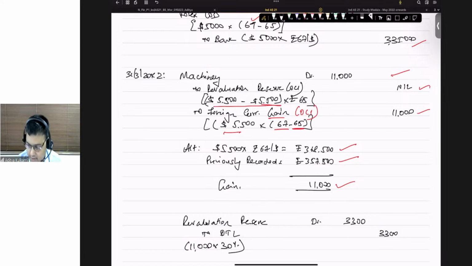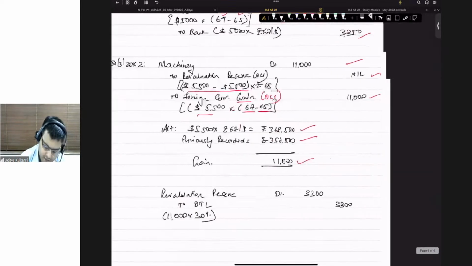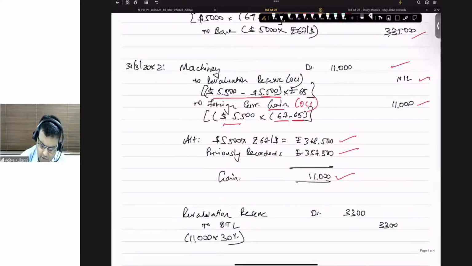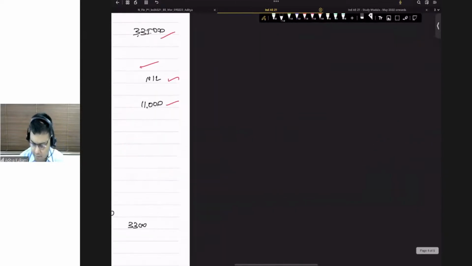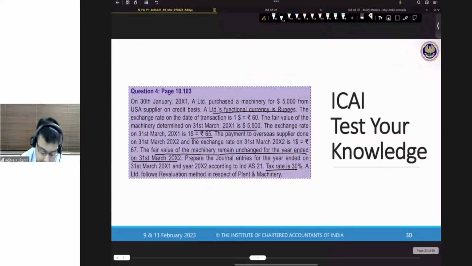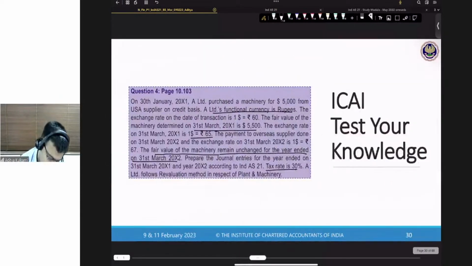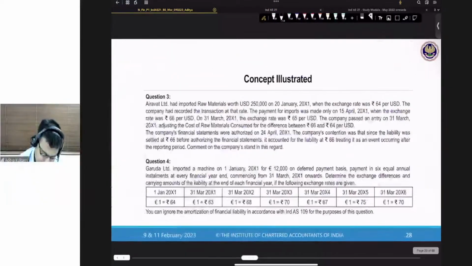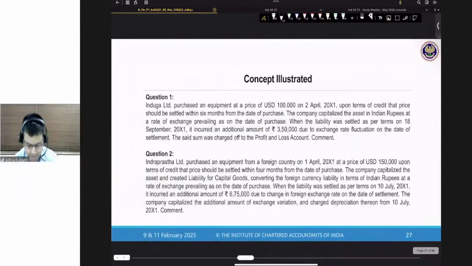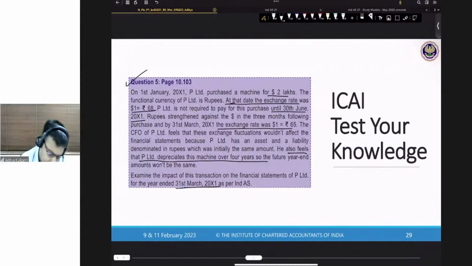Okay, fine, excellent. So now we move on to the next one. I'll be leaving you guys a little early, so I'll cover one more question, which is an important one, and then we'll end the session. It has come in your RTP and ये favorite रह सकता है exam के लिए. Before I start that question,